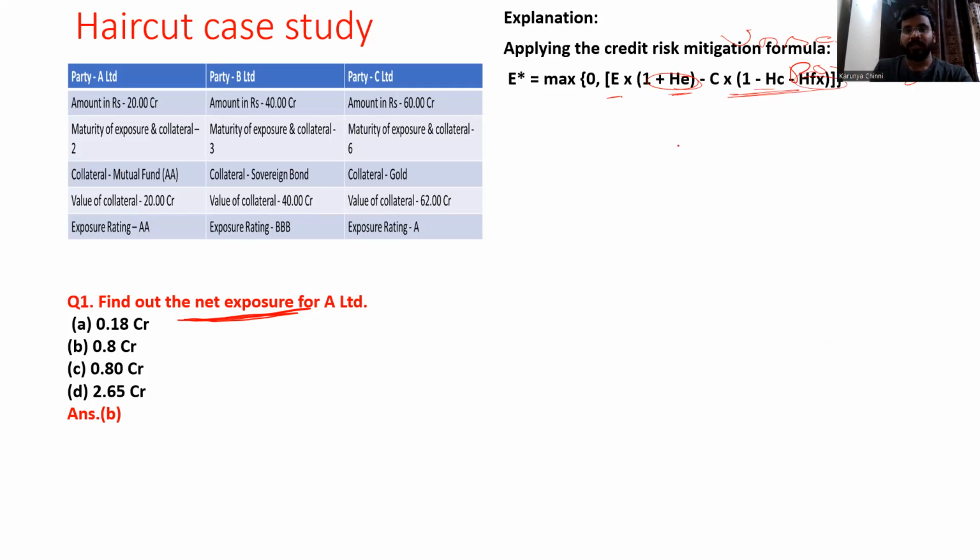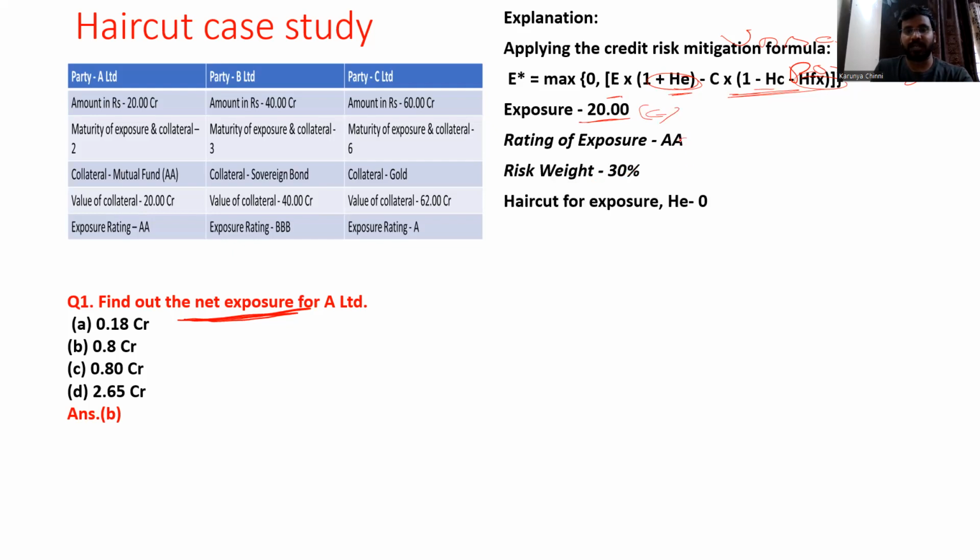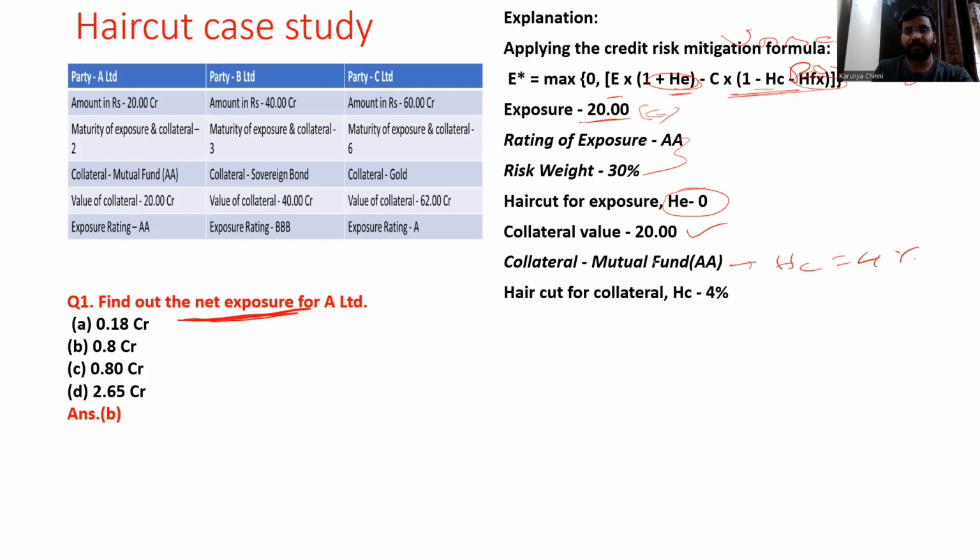So now, what is the E value here? This is the E value, that is 20 crores. So rating is given. These two are no need. Exposure for haircut, E, is given 0. Collateral value. And for this collateral value, what is the percentage of HC? That is 4%. So substituting those values, we will get